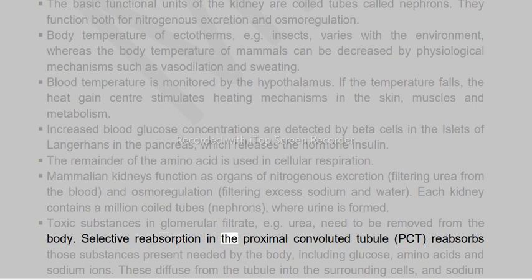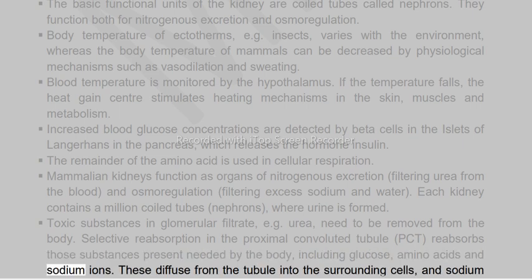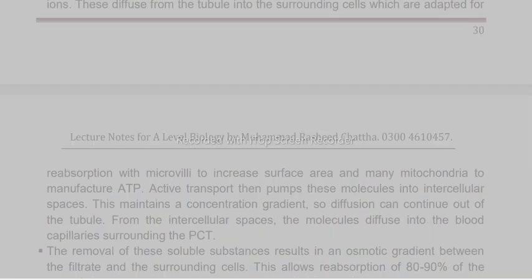Selective reabsorption in the proximal convoluted tubule, PCT, reabsorbs those substances present needed by the body, including glucose, amino acids, and sodium ions. These diffuse from the tubule into the surrounding cells which are adapted for